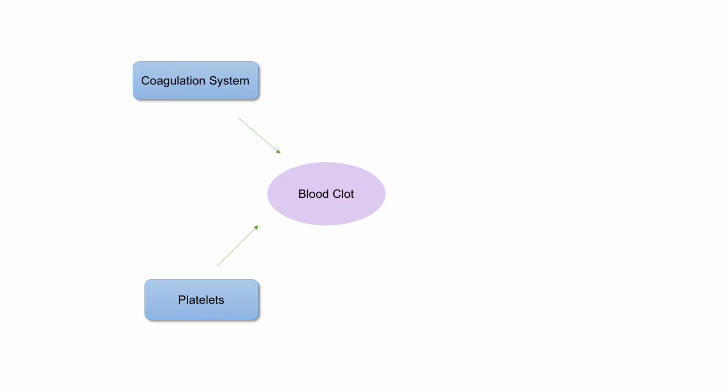We know several factors contribute to formation and maintenance of a blood clot. After vessel injury, first a platelet plug is formed at the site of injury. Then activation of coagulation pathways results in production of fibrin. Fibrin polymers strengthen the platelet plug and result in formation of a blood clot. So these two systems promote formation of a blood clot.